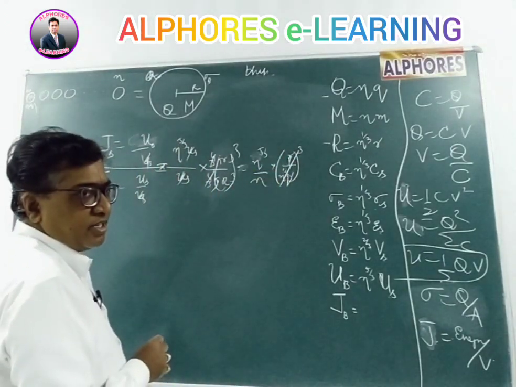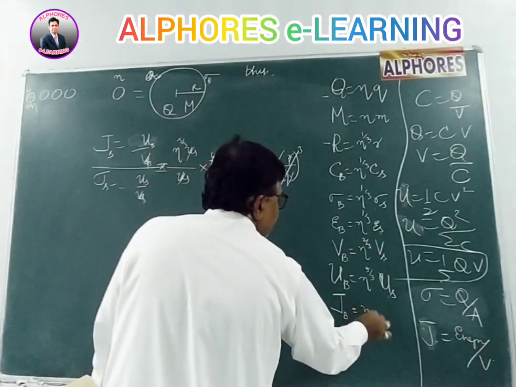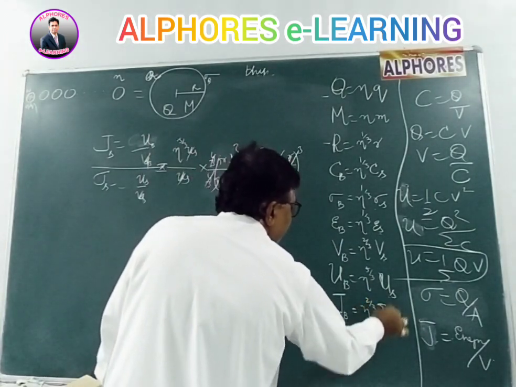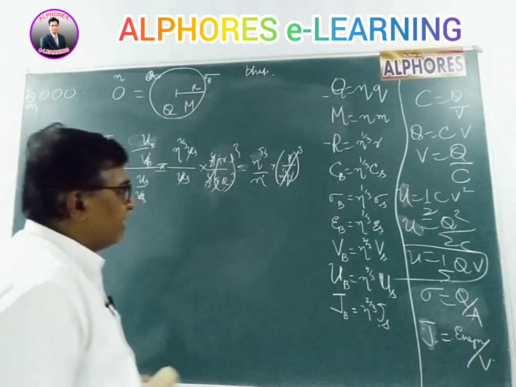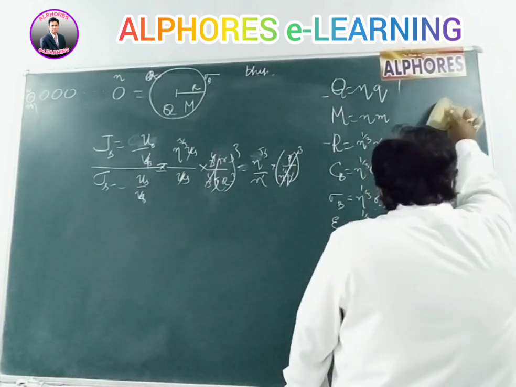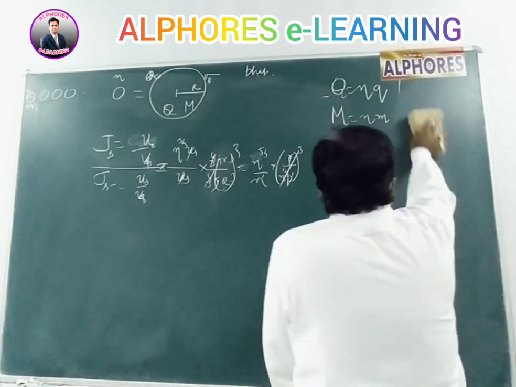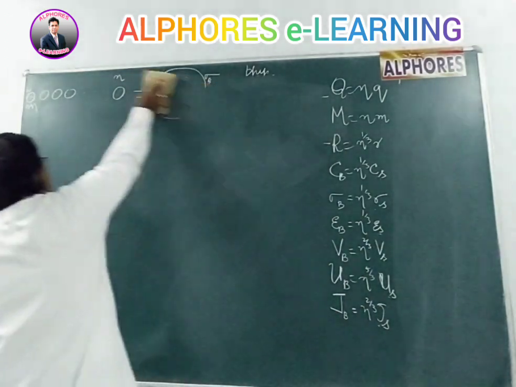1 by 3 whole cube is m here. 1 by 3 cube, 3 will cancel it. So 5 by 3 n power 1. So it's 5 by 3 minus 1. It's 2 by 3 G's. So that way you can find out the bigger. You can compare the parameters of the bigger one with the smaller one. All the electrical parameters of the big to small you can compare regarding this problem.